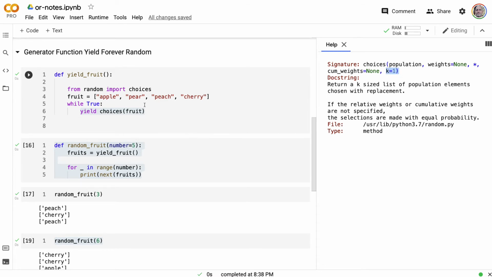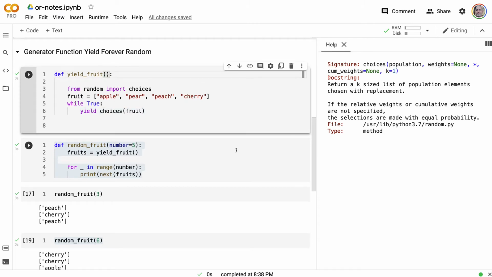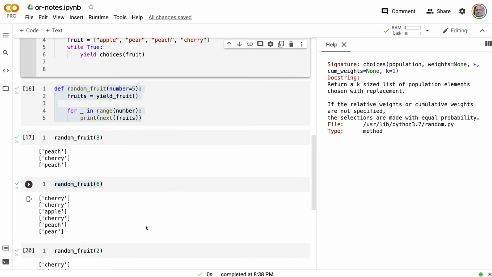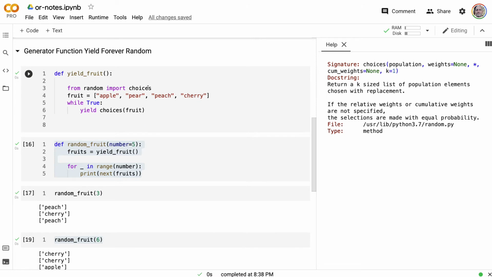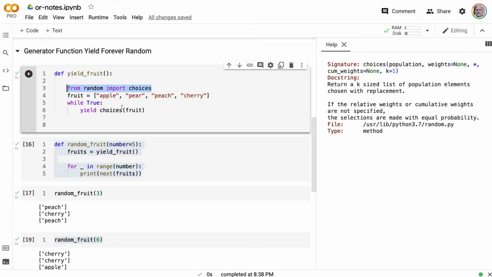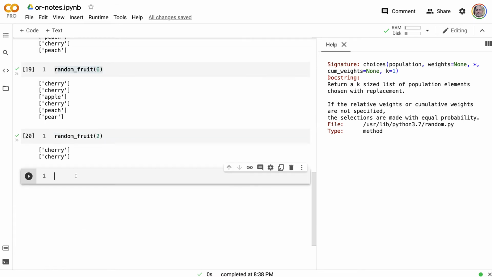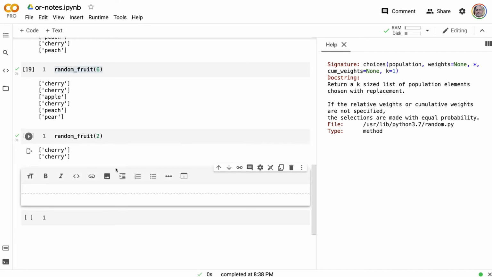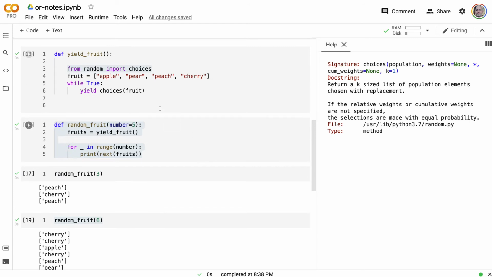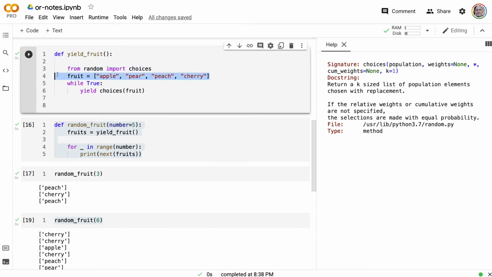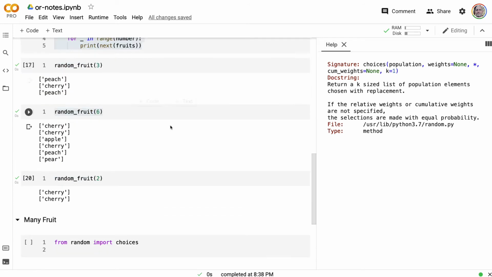You in theory could even make it return additional values. I guess we could try that real quick. So if we go through here and we say from random import choices, let's do this. Let's just make a note, like mini fruit, and we could say from random import choices, we could make the fruit here like this, and then you could